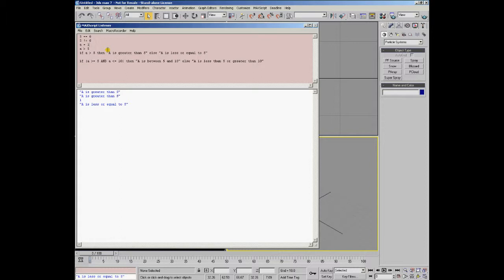Let's make a equal to, let's say, 7 and execute this code. Now we're getting the result a is between 5 and 10, which is correct. If we would make a equal to 70 and execute again, the result is a is less than 5 or greater than 10. We can also set a equal to 1 and execute,